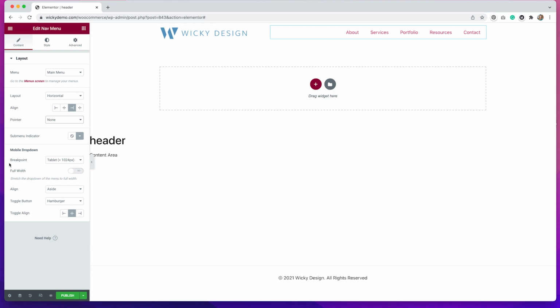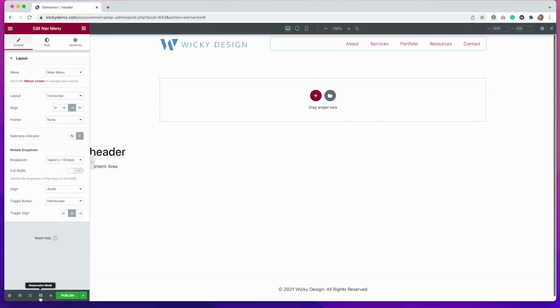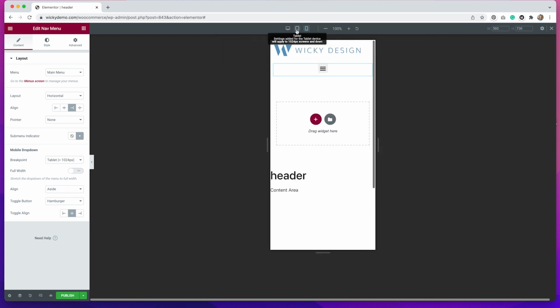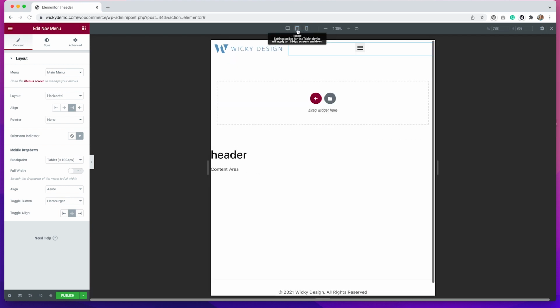We also have some mobile drop-down features that we want to make sure we're paying attention to, because not only do we have to pay attention to what things look like on desktop, but we have to pay attention to tablet and mobile as well. So the breakpoint for this mobile drop-down is tablet version. So if I go to responsive mode and I switch to tablet, you will see that now there is the hamburger looking icon, and it will be on mobile as well. So that kicks in at tablet version,